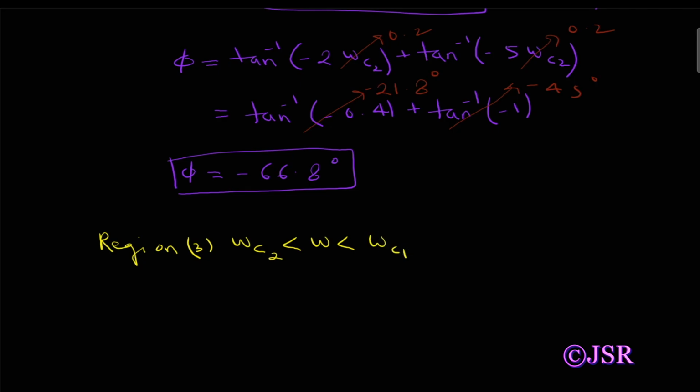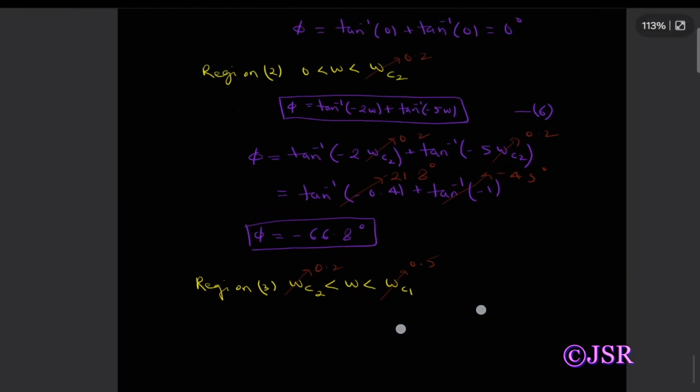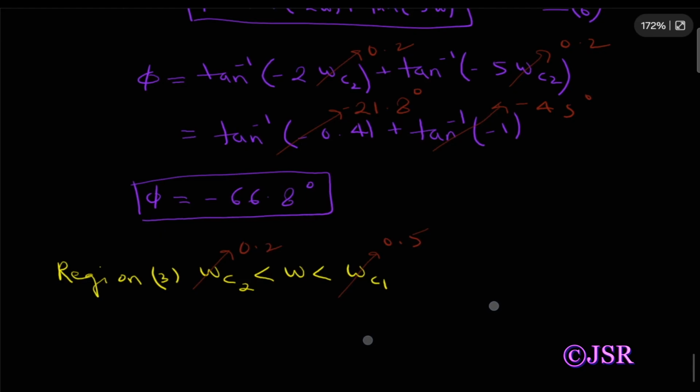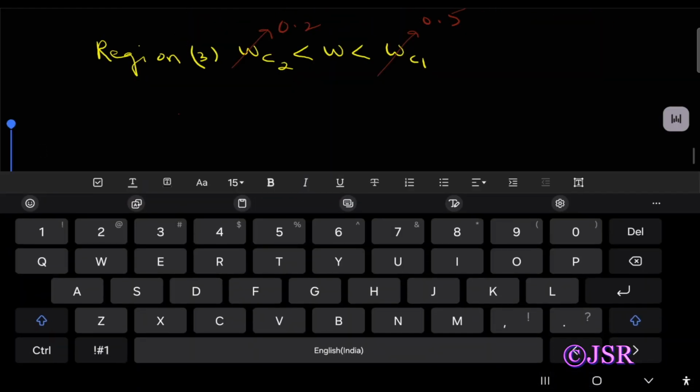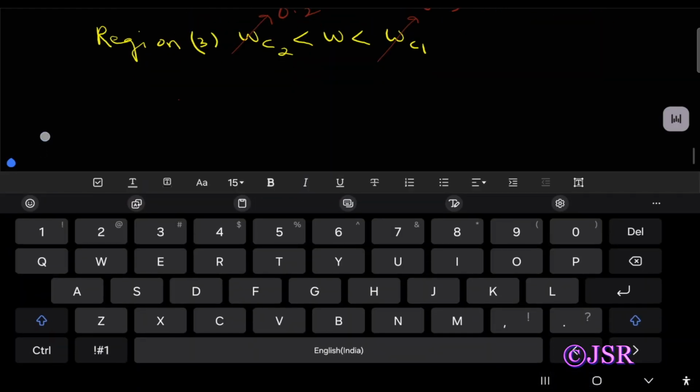So here omega C2 is 0.2, omega C1 is 0.5. In this case we will again